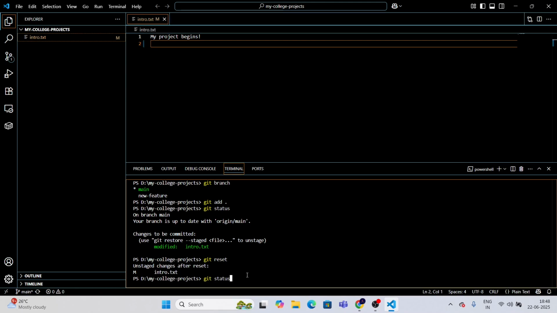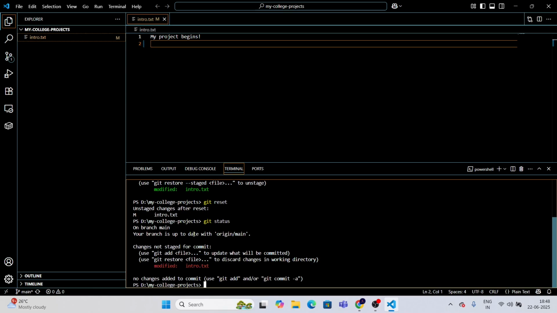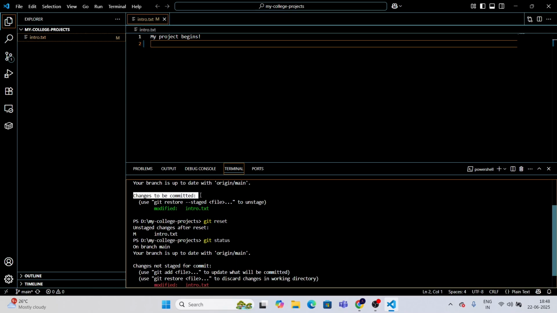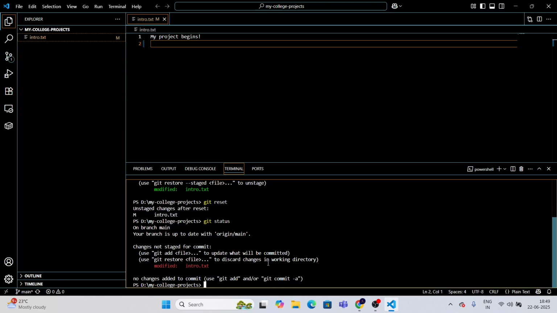Okay, now let's check the status command. Okay, so this is interesting. Earlier we had changes to be committed. So by mistake we deleted a new feature, then we also by mistake added it to the staging area, but now we realized that we wanted that feature, so we have run the git reset command to undo this change, or to basically revert back the changes which we have done. So now with this git status command, it says changes not staged for commit. Okay, so we have removed this change from the staging area. So this is the first level of